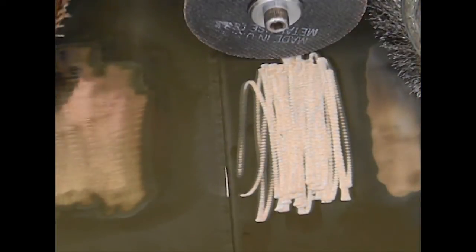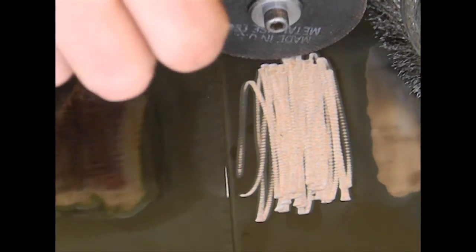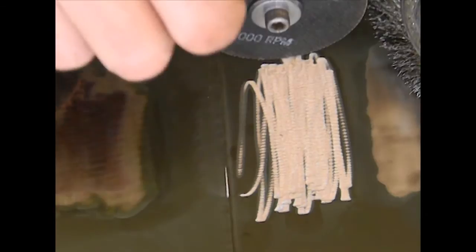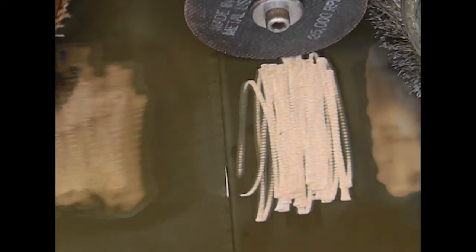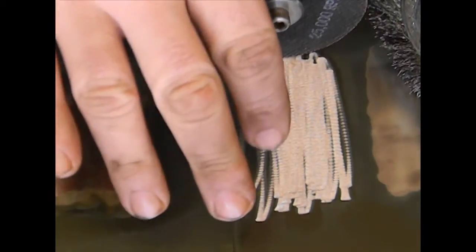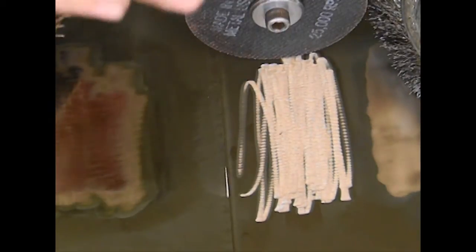Okay, YouTube, I have the 3 different samples set up side by side, and hopefully you can get a pretty good idea of what I'm trying to talk about here. Now, using an abrasive wheel, whether it's designed for cutting or grinding, you are going to be removing a little bit of the surface material as you're grinding. You're not just going to be taking away paint or rust, you're literally going to be removing a small layer